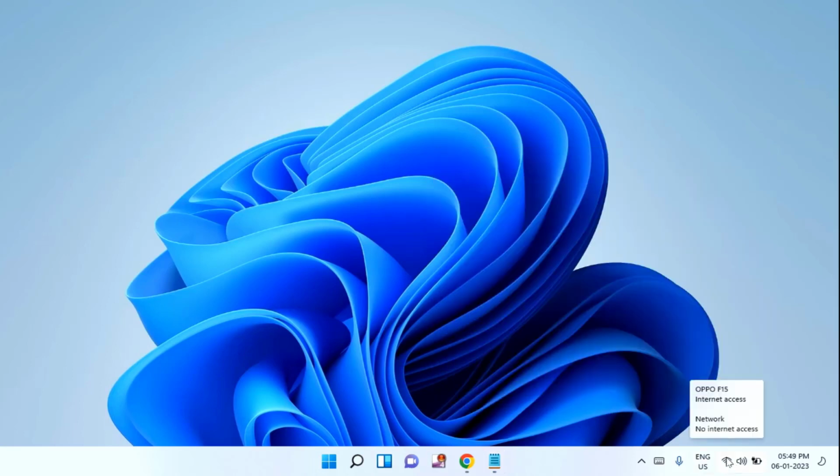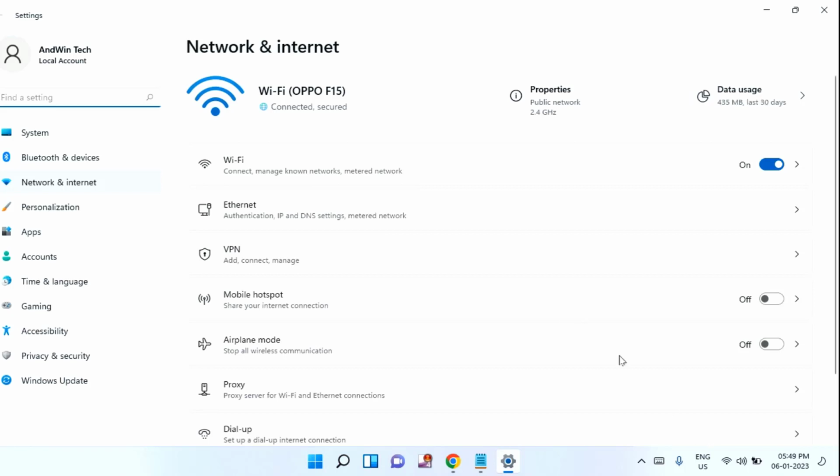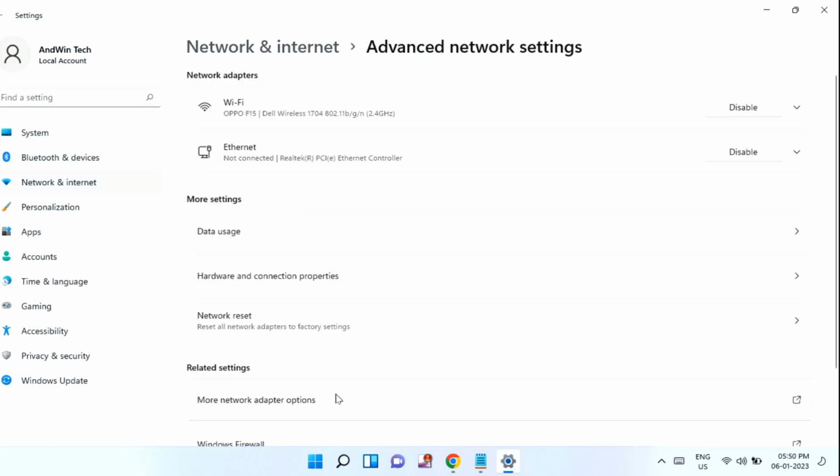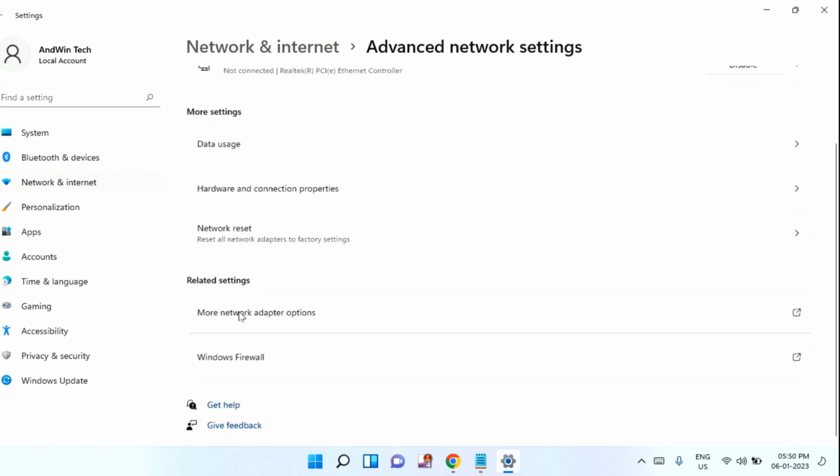Now you need to go to the local area connection. For that, just right click on your Wi-Fi or internet icon on the taskbar. Just click on network and internet settings, click on Ethernet. After that, you can see here under related settings you will find more network adapter options. Just click on that,